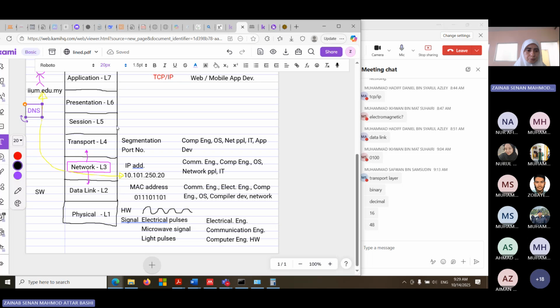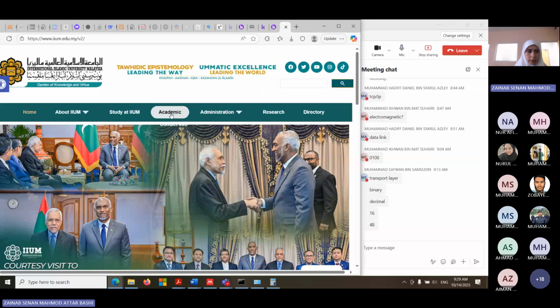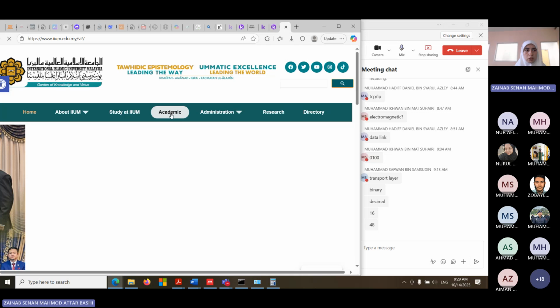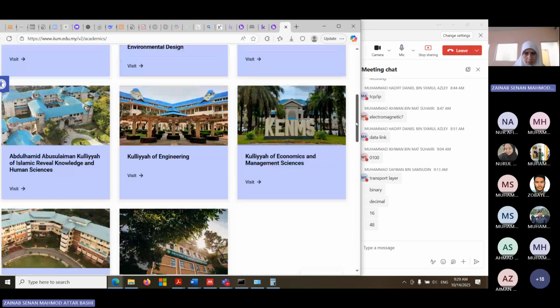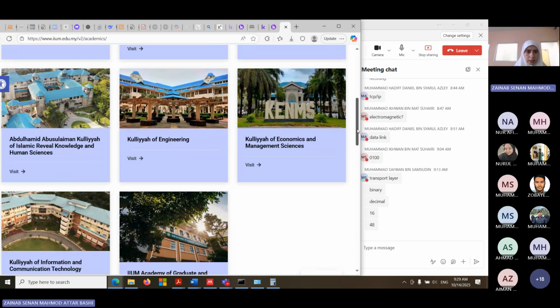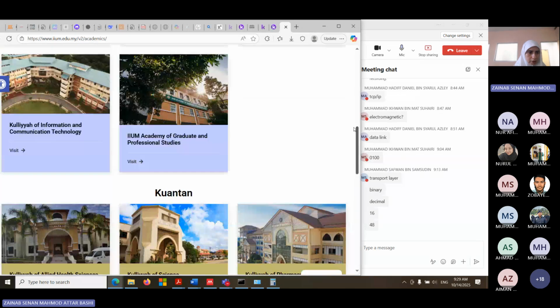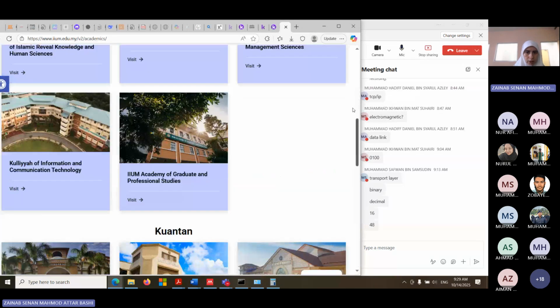Now for the session layer, simply, at the moment, let's say I open this and I click on Academic. At the moment I click on that, a session will open and send all the data to the same place. So we have text, we have pictures, we have some links there. All of them will be sent in one page. And then it's done, stable. No more things to be sent here, nothing, right?